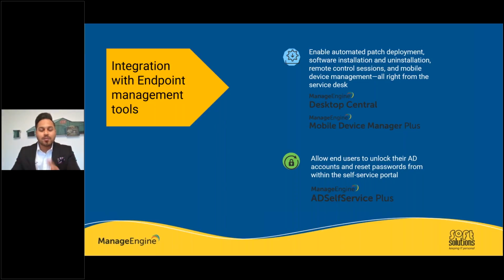What are the critical patches? ManageEngine do not define criticality of the patches. It is the vendor who defines. So Microsoft defines critical and security patches. Now when Desktop Central have picked up that one endpoint is missing out 20 critical patches, there is a red